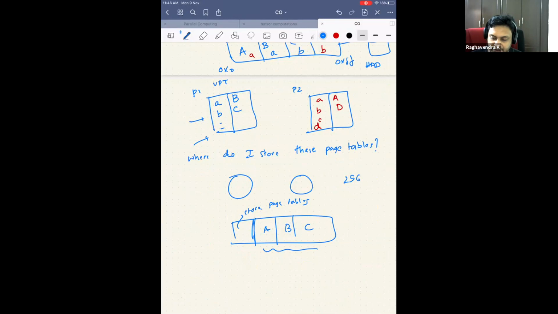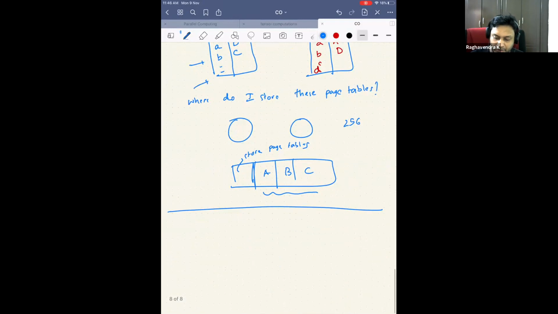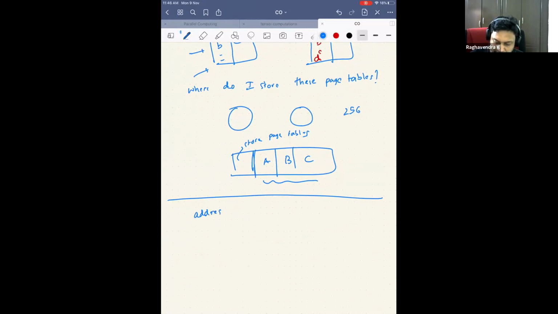I am assuming that this is now clear. So what are we trying today? When an address is generated from the CPU or by a process, we say it's a virtual address, and we go to the main memory and fetch the table. We see the translation, and go to the actual main memory again and get the data. Fetch the table, translate, and get the data. This we are sure of.